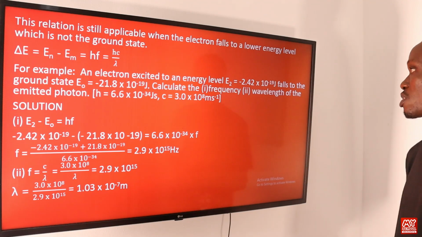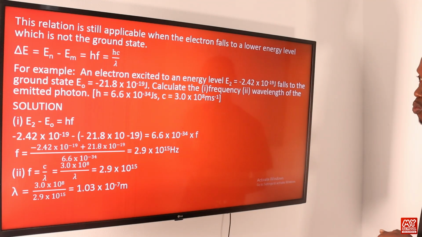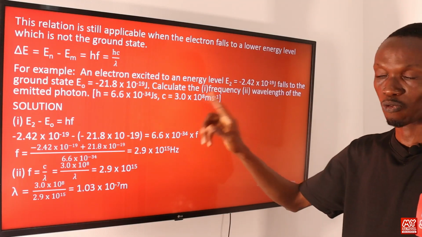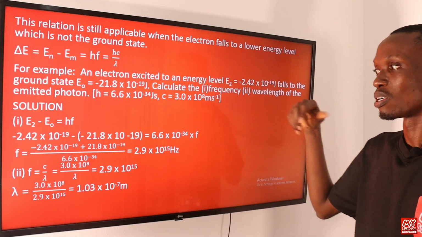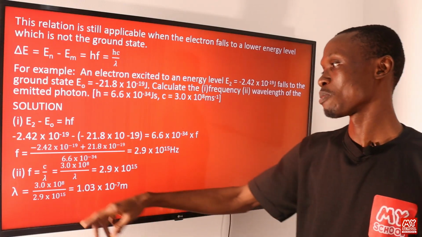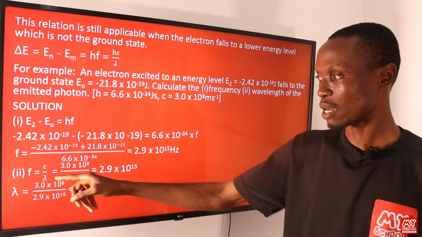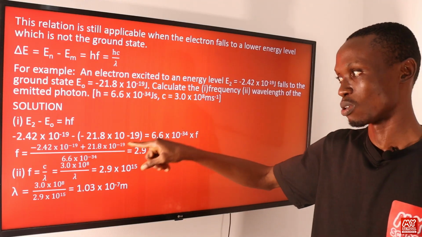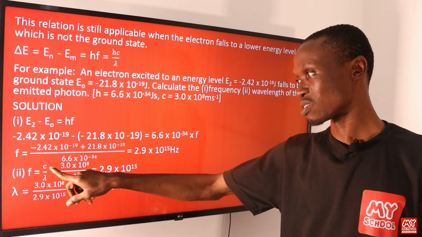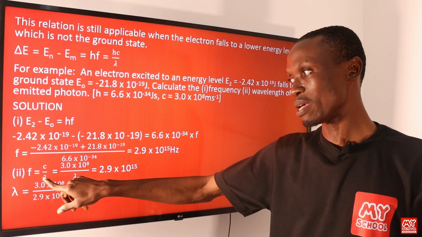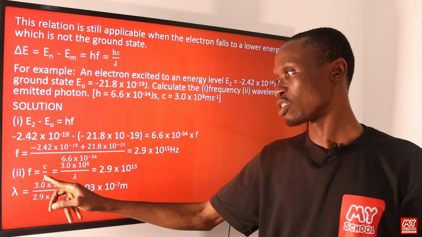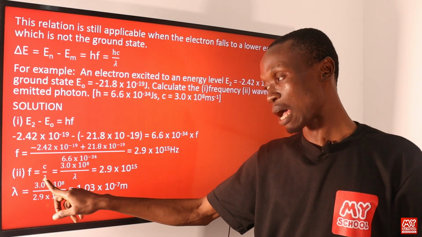Now for the second one, we are asked to calculate the wavelength. Remember that F is equal to C all over lambda. So from there, we can calculate the wavelength. We know F, which we calculated in part I of this question, and the value of C is given to us. So from here, we can simply make lambda the subject of the formula by exchanging the position of lambda